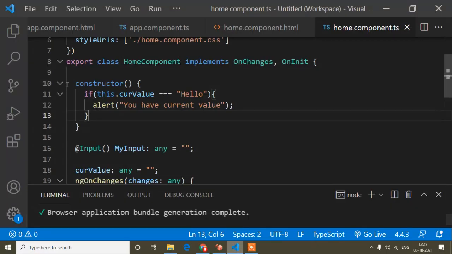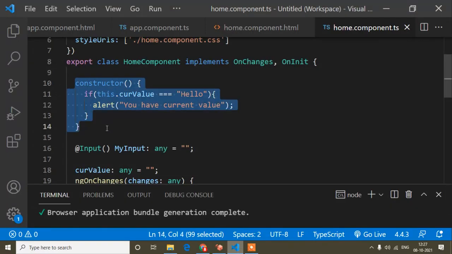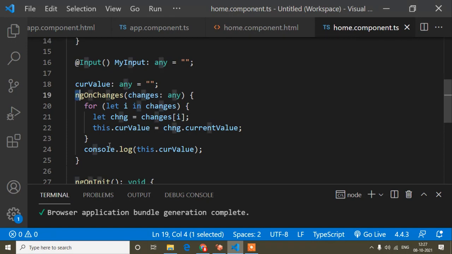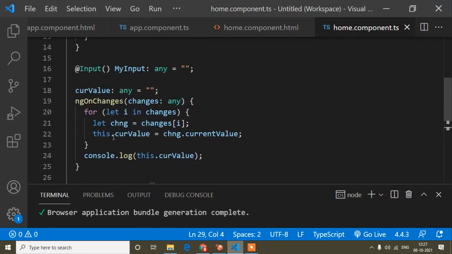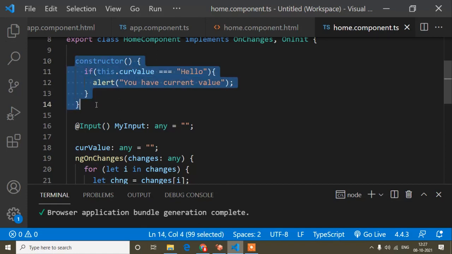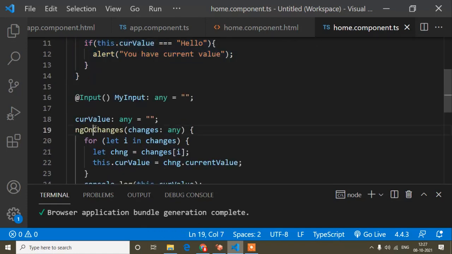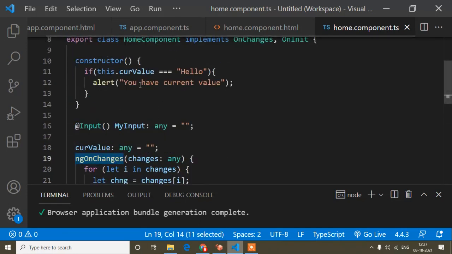Because I already said the constructor is called first, after that ngOnChanges, and after that ngOnInit. When the constructor is called, ngOnChanges has not been called yet, so the current value is blank. So the condition is not matching, and it's not showing the alert.